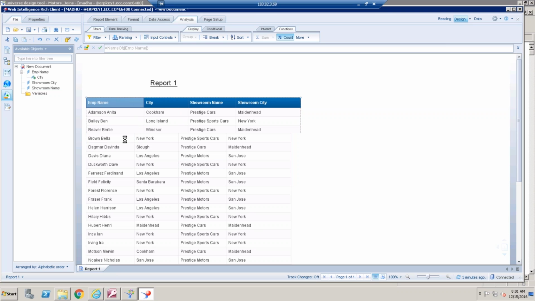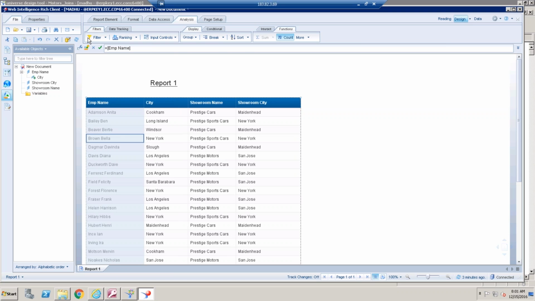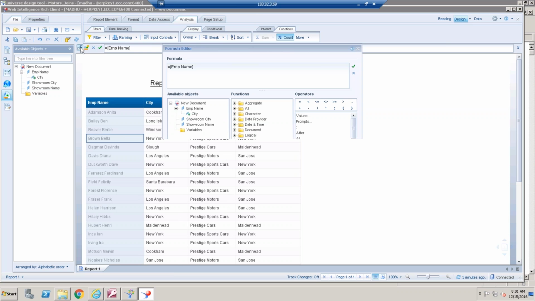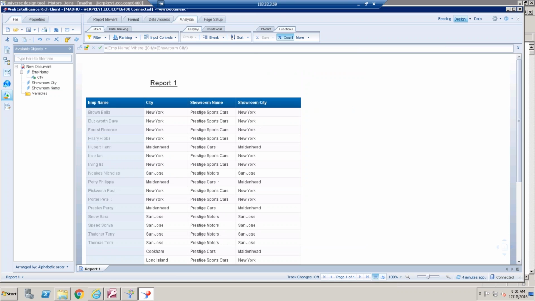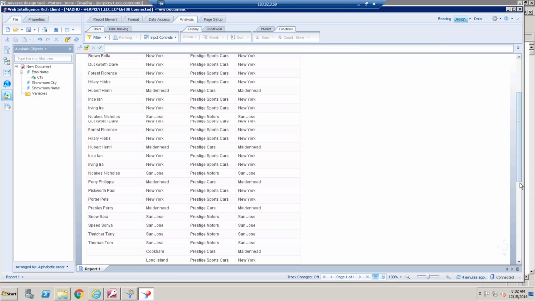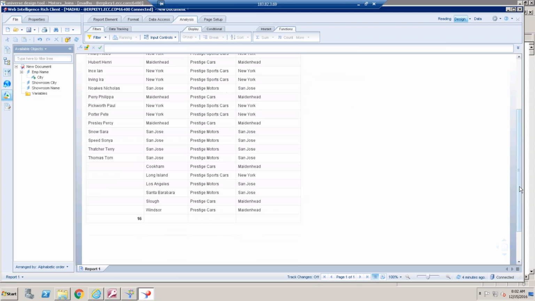You can write here employee name, and where you can write directly here itself, where city equal to showroom city. Okay, validate this, it will display. But still I can see